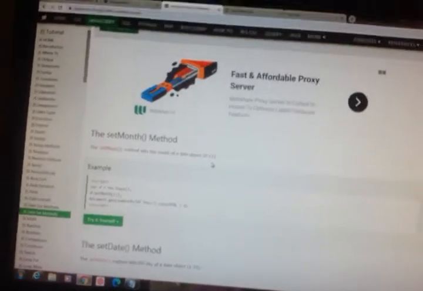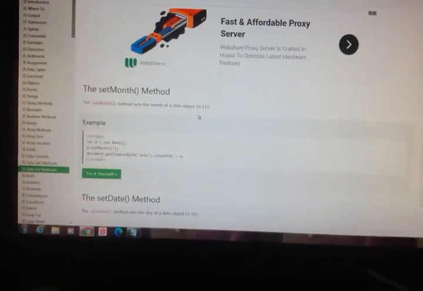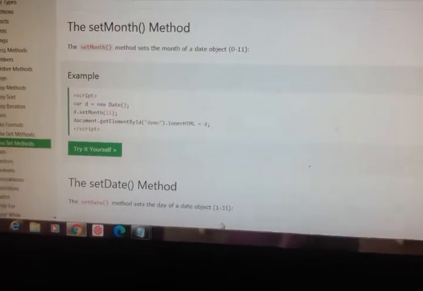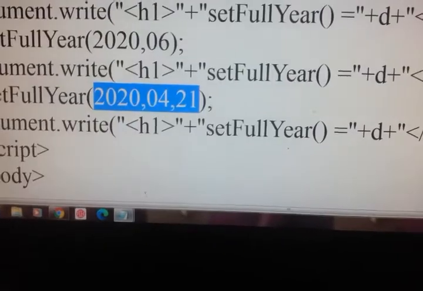Next, set month. The set month method sets the month of a date object from 0 to 11. So we'll just use that.